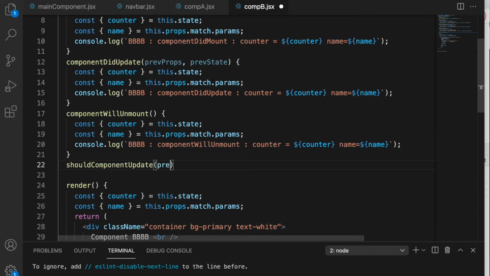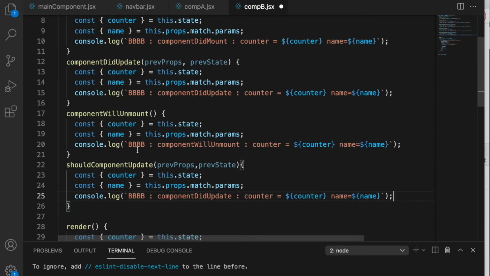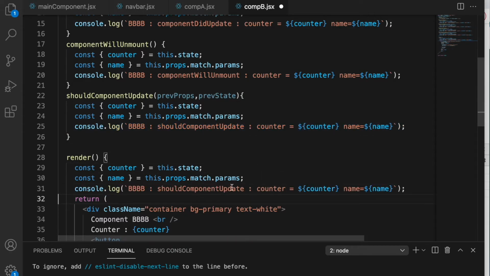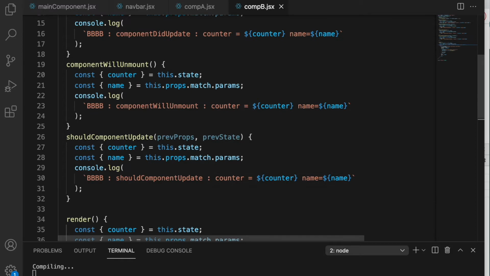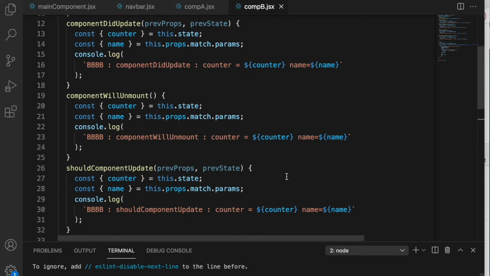Again, it gets the previous props and the previous state. And like we did in our render, let's also put this console.log. So now we have put all of them here. Now let's see what is the behavior.